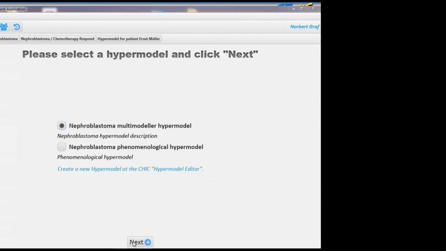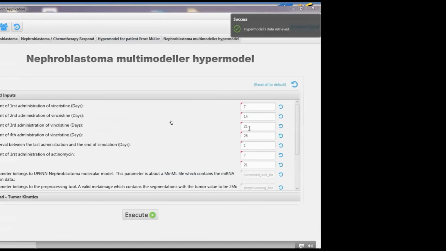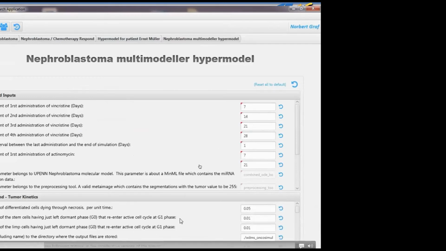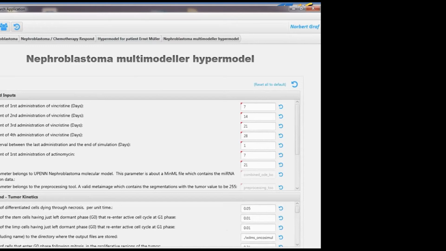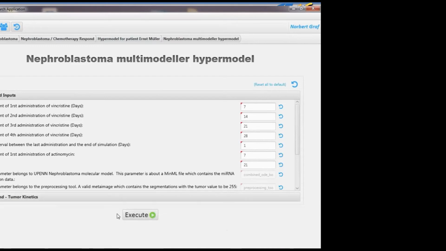use. And then you press a button, and then you can put here the kind of chemotherapy you apply to the patient in these areas. And then you can also expand to other data you will receive from molecular analysis and from others that are automatically uploaded for this patient. And then you can execute that. That takes some time to execute. I hope this will continue now. Now I will